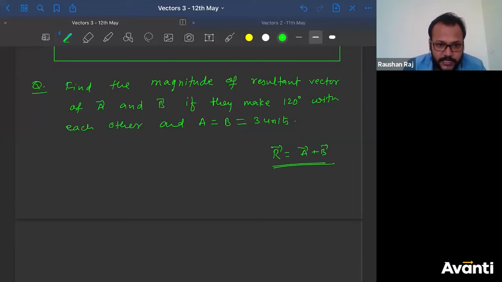चलो, तन्मय का आंसर है 3, गौरव 3, राहुल 3. Guys, come on, जिसका नहीं हुआ है, come on, do it. Just put the value, get the answer. Square root of A square plus B square plus 2AB cos theta. Just put the value and get the answer.